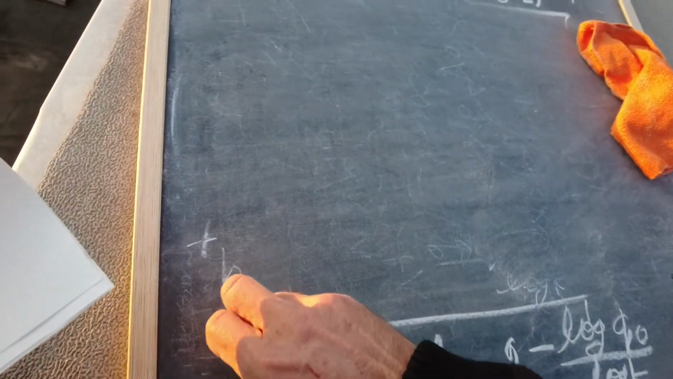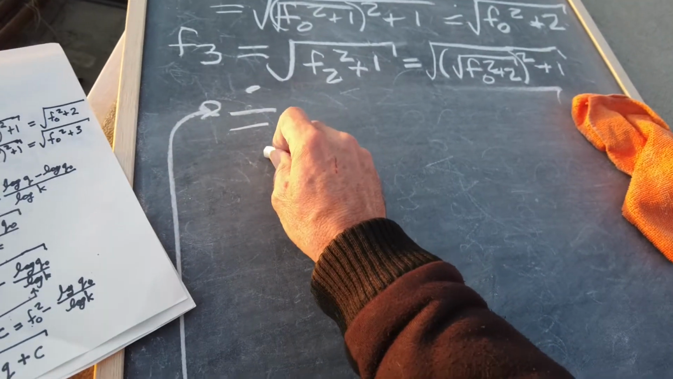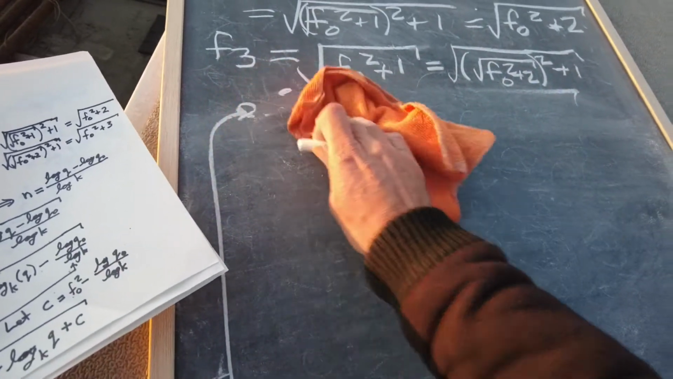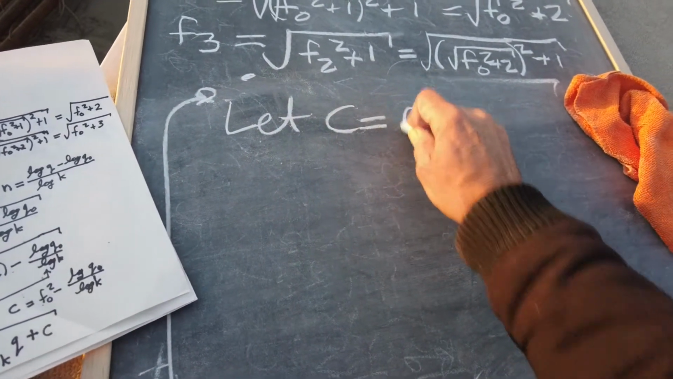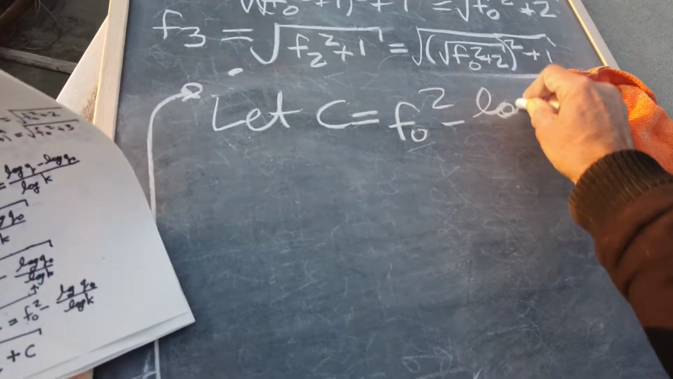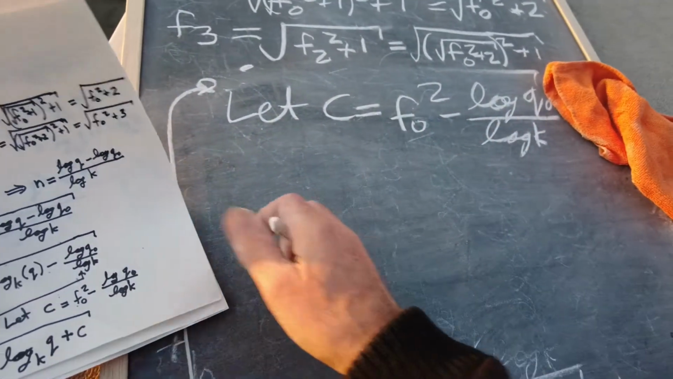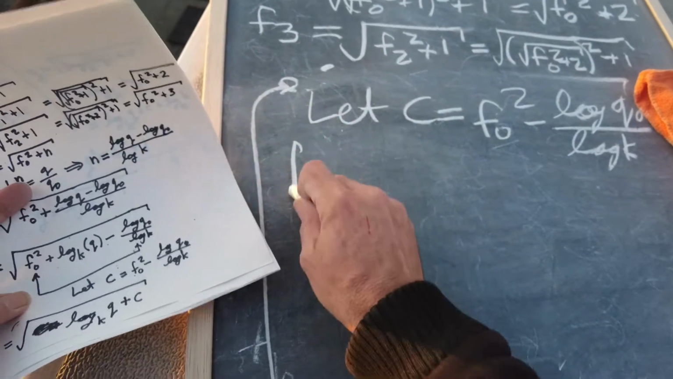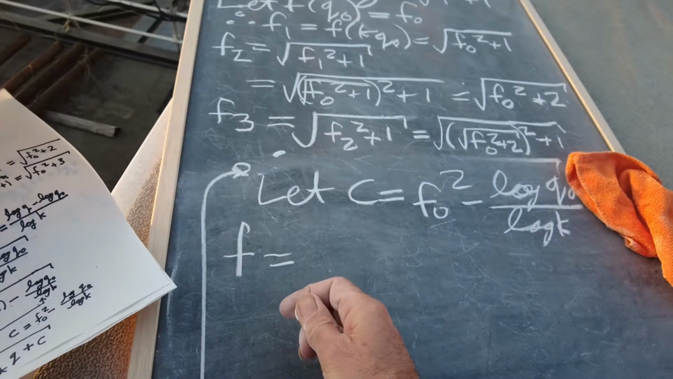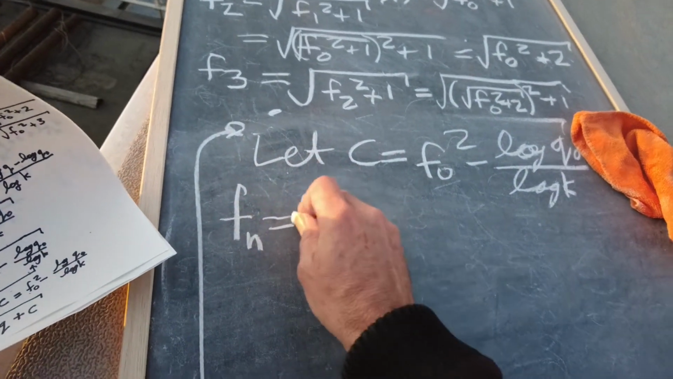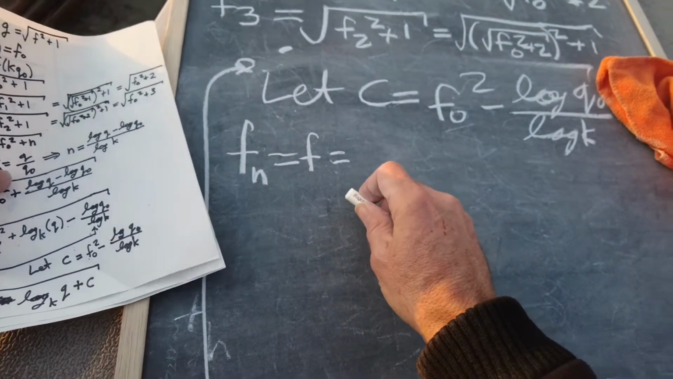So this equals the square root. So let's let c equal f0 squared minus log q0 over log k, and then what we have is this thing f, or fn in general, is just your function f. So Fn equals F, let's say, which is just the thing that we're trying to solve for. And that is equal to